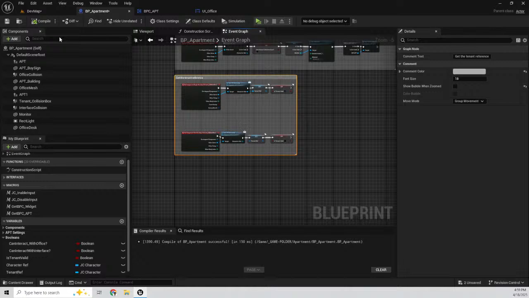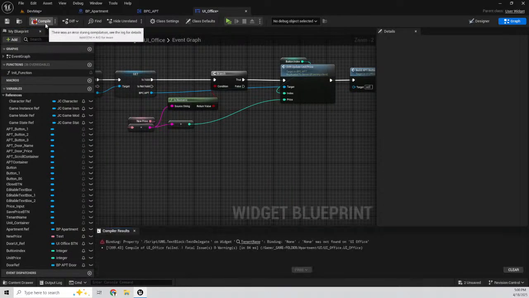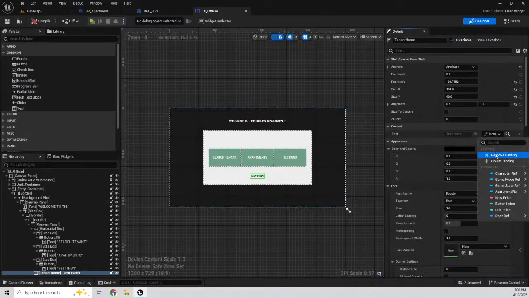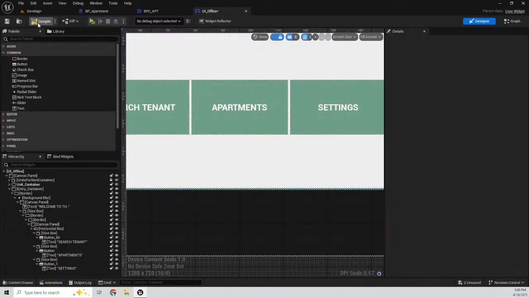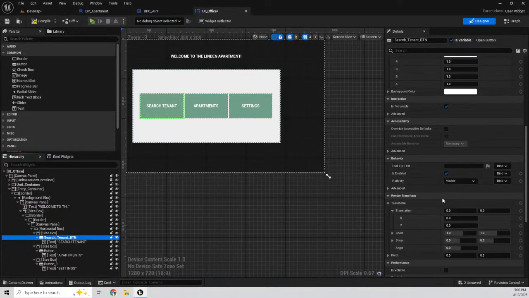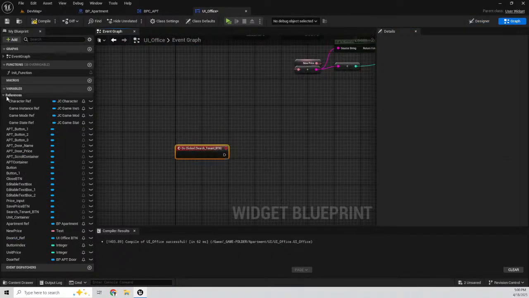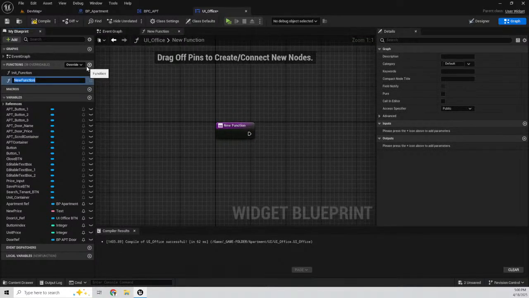So now, based on that, what we're gonna do, we're going to. Matter of fact, I can just delete this. This was just a test dummy. Yeah, whatever. So now when I click the search tenant button, tenant BTN, when I click that, then I need to do all of the things that I did earlier. So let me create a function called get tenant ref,